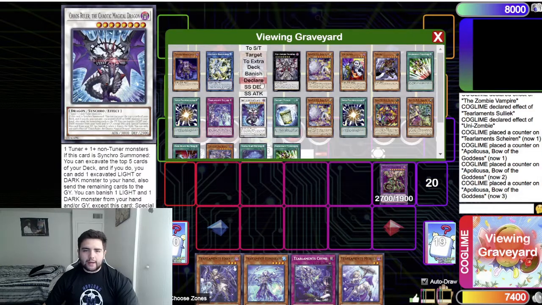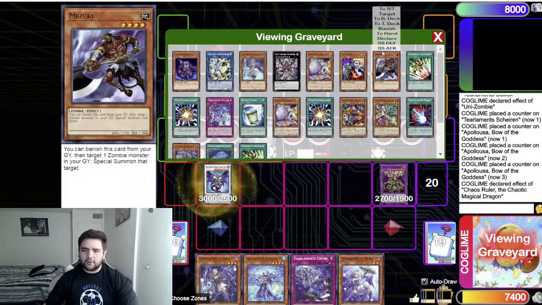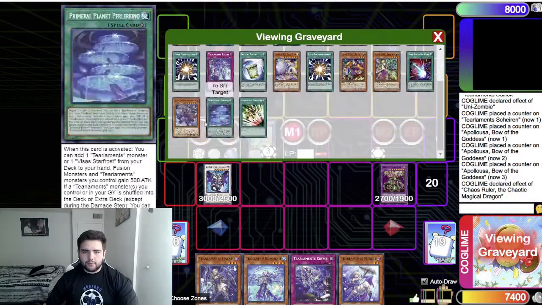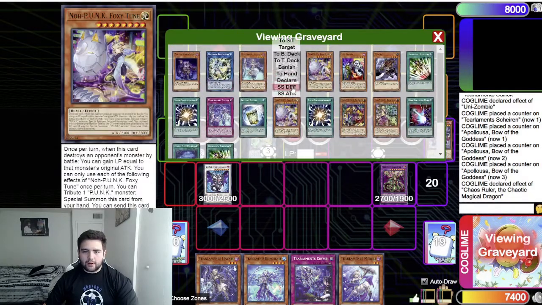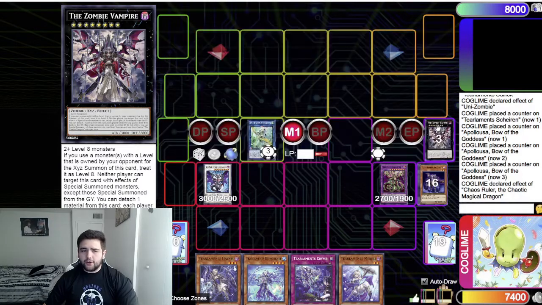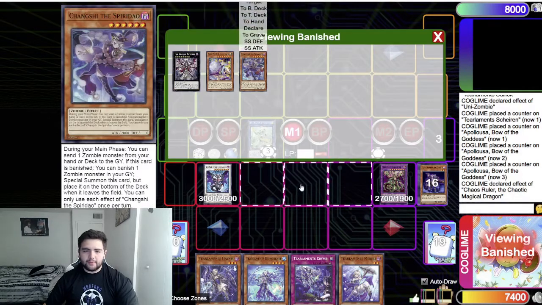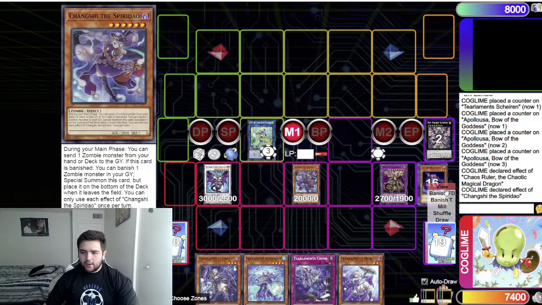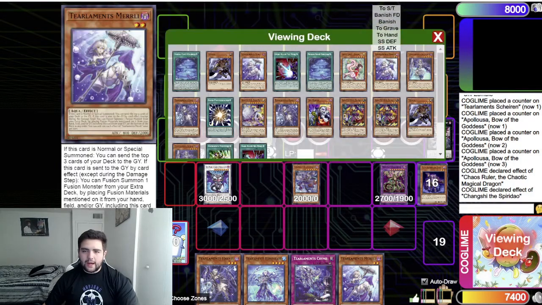Now we'll go Chaos Ruler effect here. Special summon himself out, banishing Chang-Chi, which I know I milled. There it is. Banish, and we have Foxy Tune in rotation, so we'll banish Foxy. Summon out the Pega Ruler, and then we'll go Chang-Chi, banishing the zombie vampire to special summon himself back from the banished area. We'll trigger the effect of Chang-Chi here. Go ahead and make ourselves a...